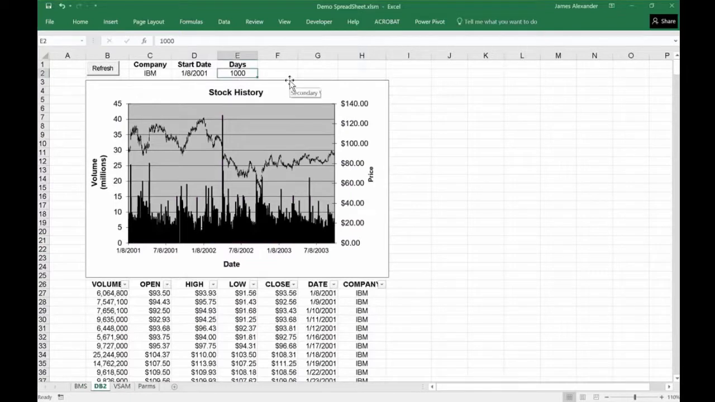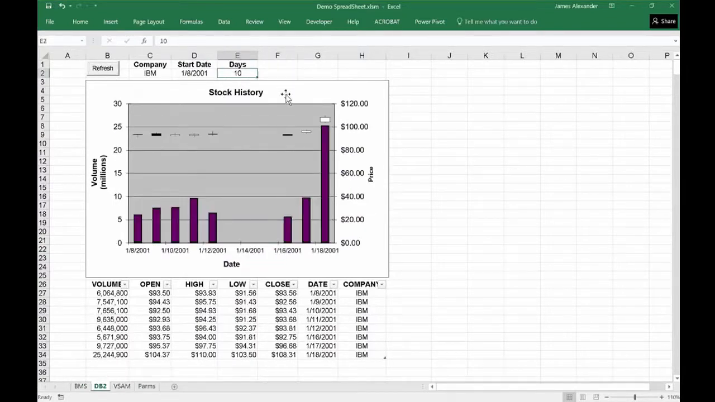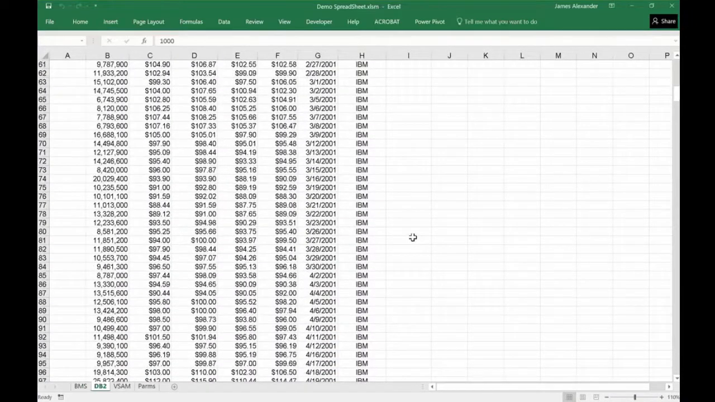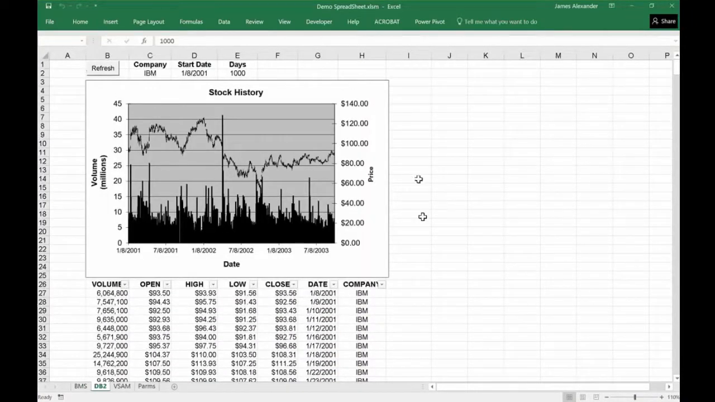Let me go back and just do that again. Now this is live. This is not canned or recorded. I'm getting 1,000 days worth of data, and all that information is being populated right into my spreadsheet here down below. Now what's happening here is I'm making a standard web service call out of my Excel spreadsheet here up